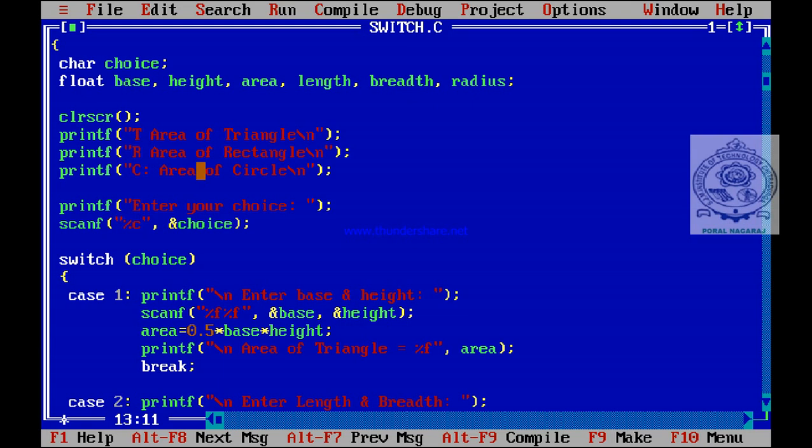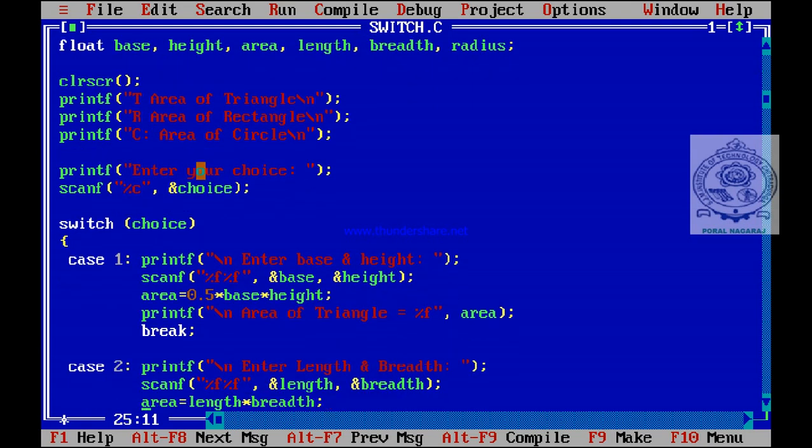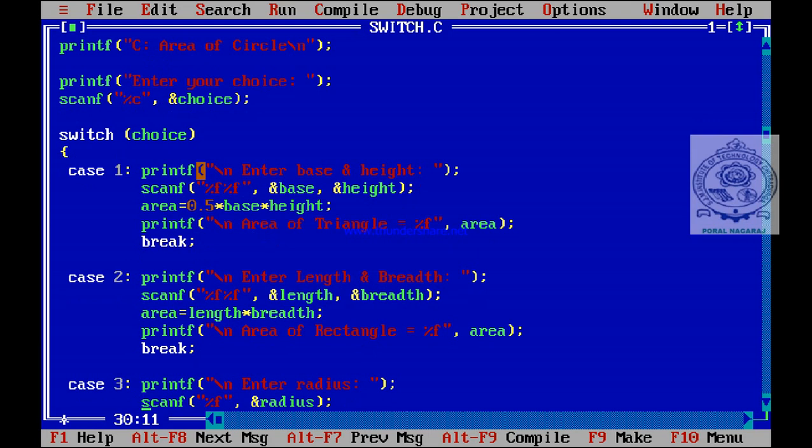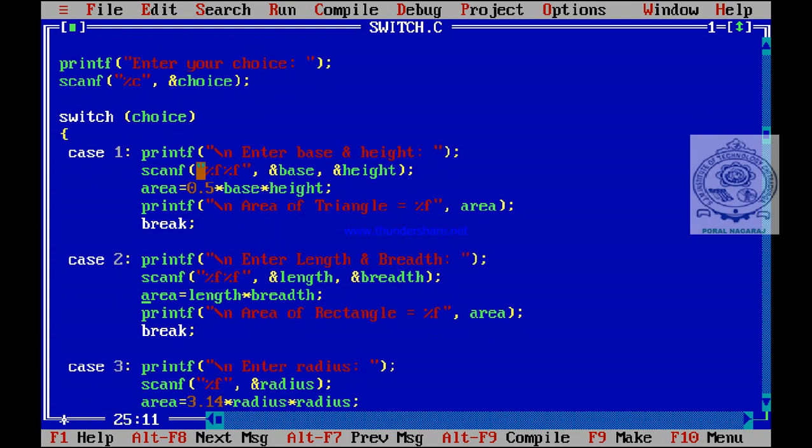This is important. Then switch on choice, case. Now choice is not integer, it is character, that's why for triangle, instead of 1 you have to use T, but because it is a character you have to enclose it within single quote marks. This is very important, single quote marks you have to use.